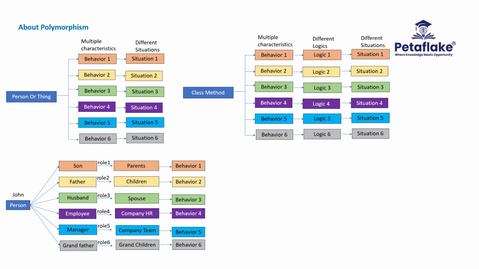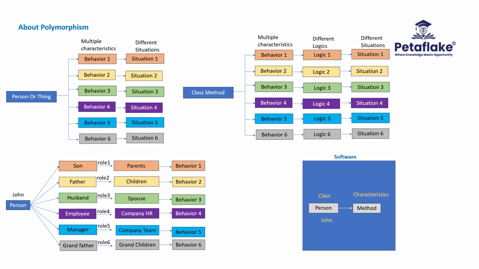Let's say a software is developed to automatically respond to different people involved in the life of John. In programming, the characteristics or behavior of the person or thing are defined using methods inside the class. Class represents John. When the users of the software are John's mother and father, then the software should respond differently as a son. When the users of the software are John's son or daughter, then the software should respond differently